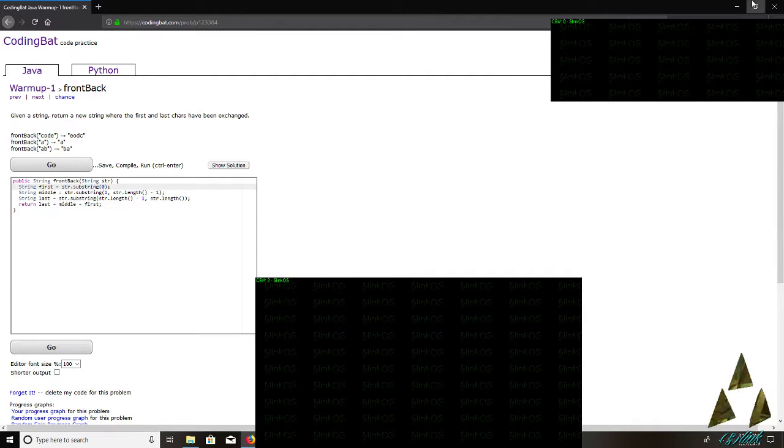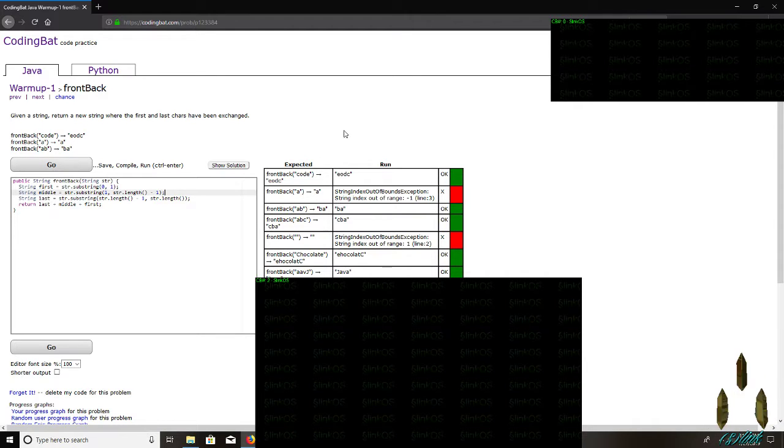If we just use the substring method in the String class with only one argument, whatever index you put, let's say we put 0, it's going to capture CODE, the whole string. If we put 1, it's going to capture ODE. So we have to make sure we use the method with 2 arguments and do 0 to 1, which will capture the first character. As you see, we have most of the tests passing besides some exceptions,